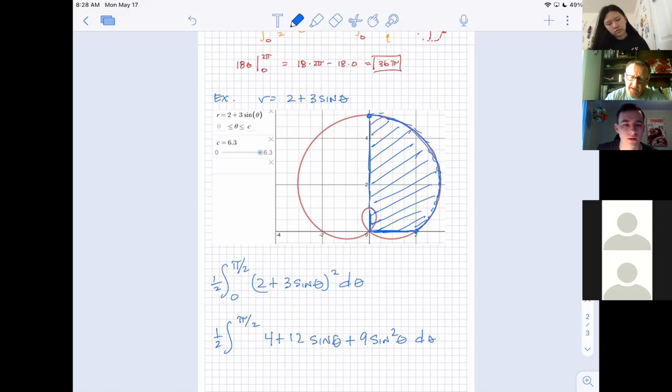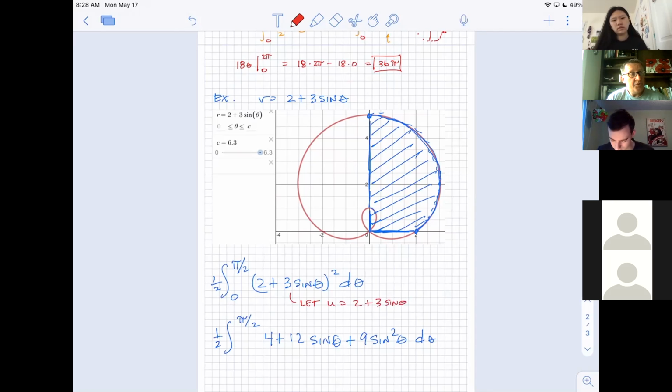So if you left it back here, and again, I don't want to belabor this point because this isn't Calc 2 anymore, but you might say if you were here, because it's kind of a chain rule problem. In other words, you have two functions. You have sine of junk and you have squared. So when there was junk inside of junk, that was like a substitution problem. So you'd have to let u be perhaps 2 plus 3 sine of theta, or maybe 3 sine of theta. I don't know. But if you let it be 2 plus 3 sine of theta,